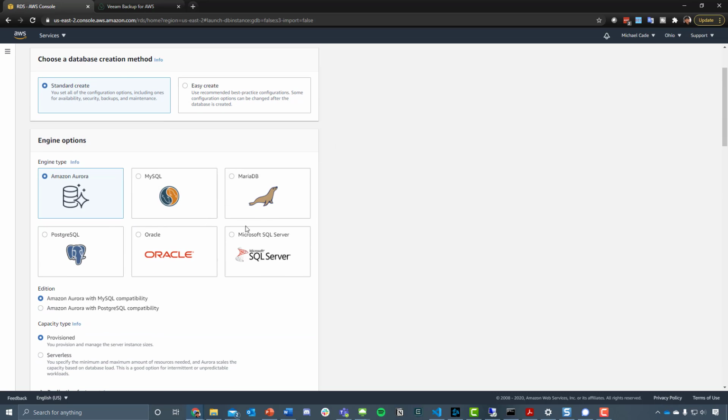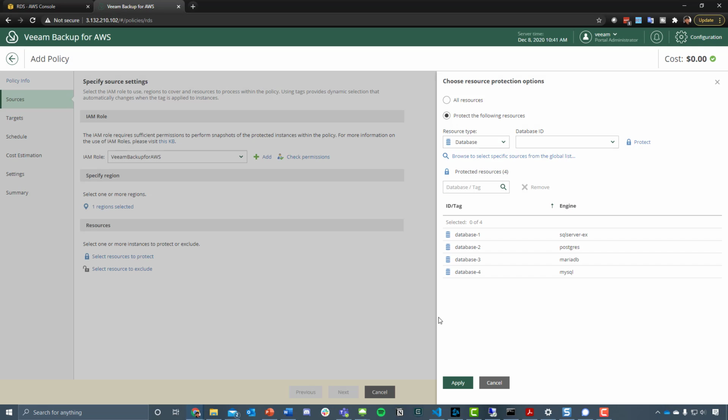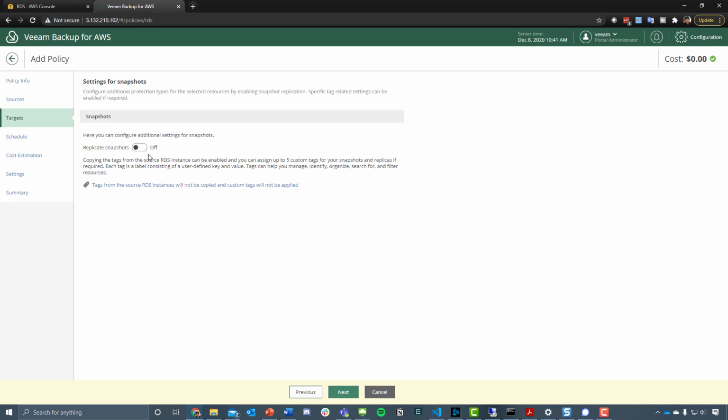So being able to protect them. And again, read up, make sure that we do support the ones that you see. So let's say we want to protect all of those. Apply that. We could do it based on tags, but just for the purpose of the demo, we could choose